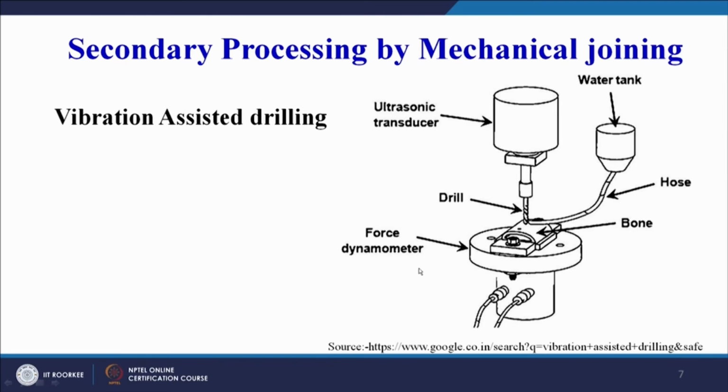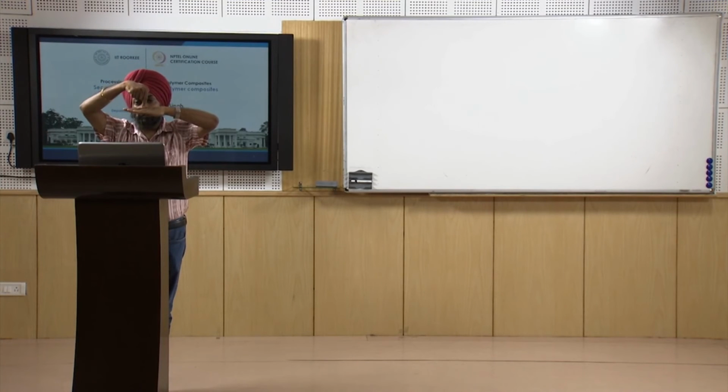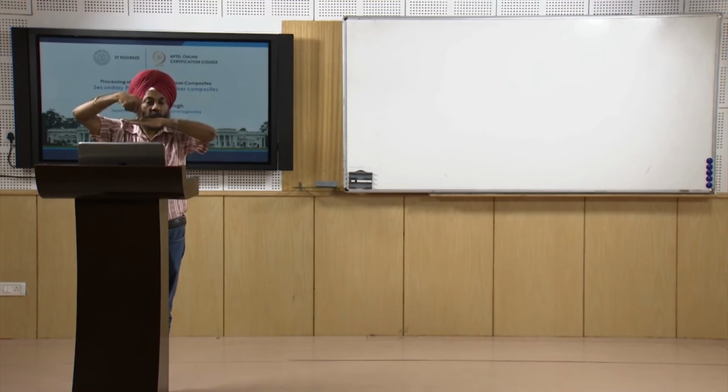As far as conventional drilling is concerned, the tool is in direct contact with the workpiece, whereas in vibratory assisted drilling, the tool will vibrate and will sometimes be in intermittent contact with the workpiece, and therefore the forces that we get are usually lower. But the damage that we get in both cases is an issue that requires attention, and we have to do a comparative analysis of where we are getting less damage and under what circumstances we are getting more damage. That we will try to understand in our subsequent sessions.